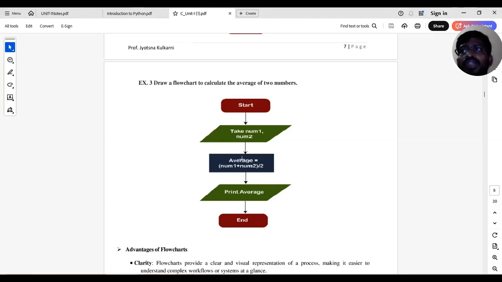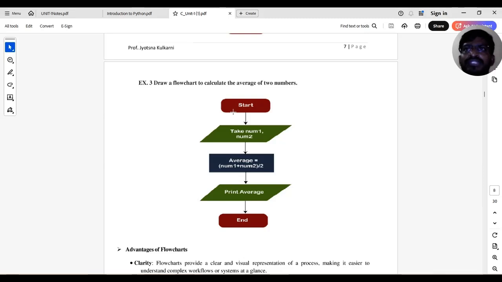और जो कोई भी इसका आउटपुट आएगा वो आउटपुट हम लोग स्टोर करेंगे टेम्परेरीली एट वेरिएबल। वेरिएबल क्या होता है? It is one type of container that we use to store the value temporarily. सो जो कोई भी वैल्यू हमारी स्टोर हुई इस एवरेज वेरिएबल में, वो हम लोग प्रिंट करेंगे विद द हेल्प ऑफ प्रिंट स्टेटमेंट, वो हम लोग शो करते हैं विद द हेल्प ऑफ पैरेललोग्राम। और जो हमने स्टार्ट किया था वो हम एंड करेंगे विद द हेल्प ऑफ ओवल। और जो कोई फ्लो है वो फ्लो हम कैसे शो करेंगे विद द हेल्प ऑफ ओनली एरोस। सो ये हो गया आपका फ्लो चार्ट।